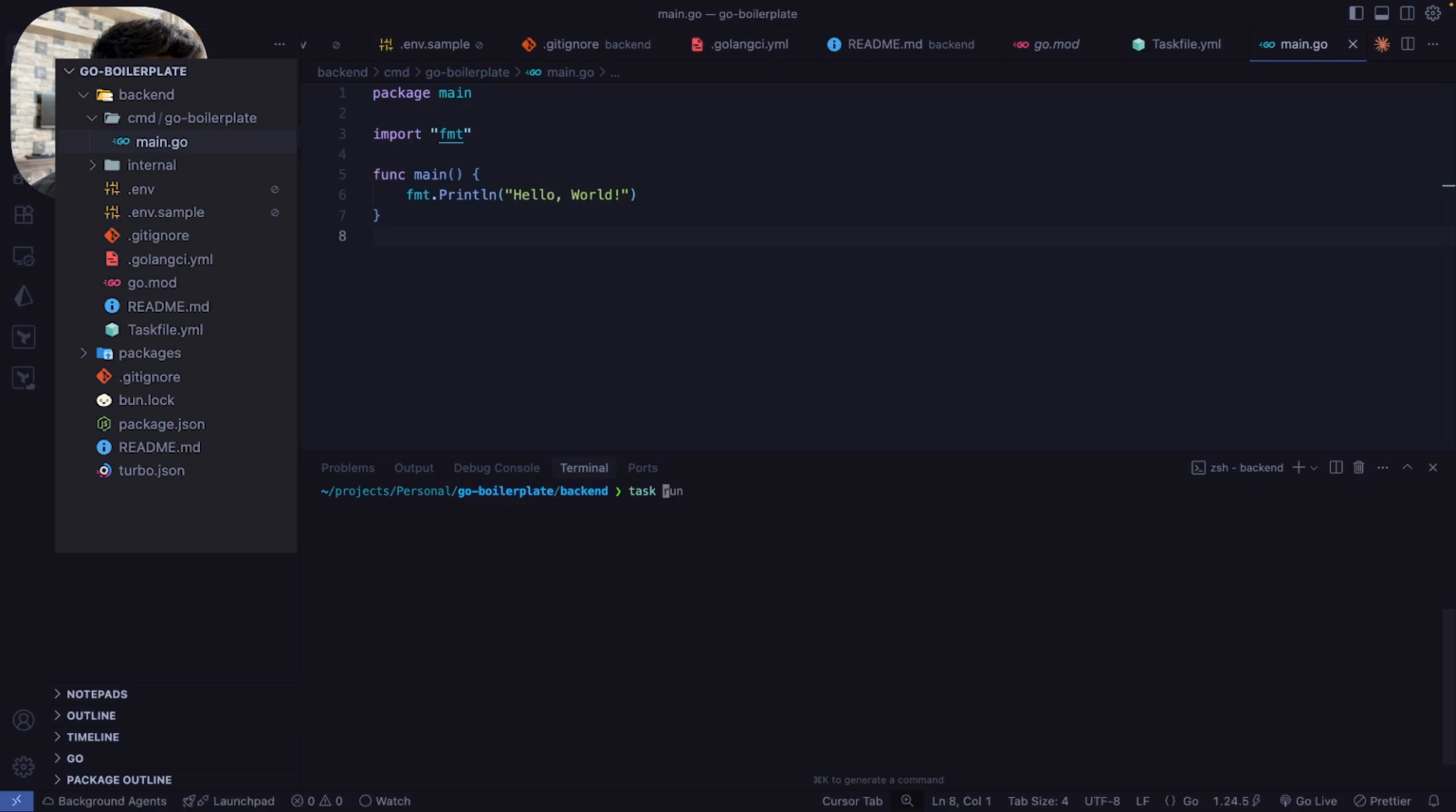Let's run our task, and you can see that we have hello world. It runs this particular command whenever we do task run, which does go run cmd go boilerplate, and that's why we see the results. Okay. Now that we know our program is running successfully, not the server yet, we can start configuring